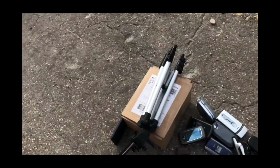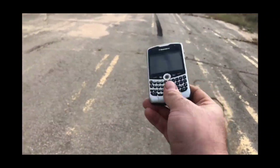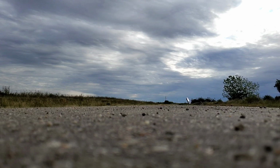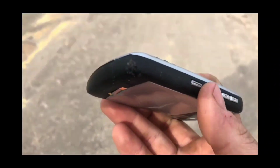Alright, so now we're just going to chuck it in the air. In 3, 2, 1. Here's the back cover. Here's the phone. Let's go slide the back on it. There we go. So it looks like from that drop, it kind of hit right down there on the corner on